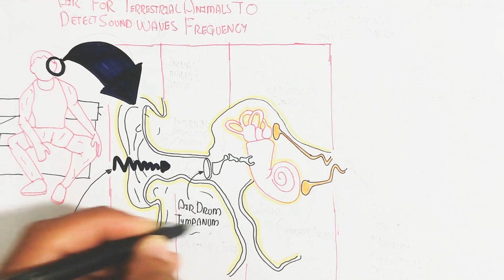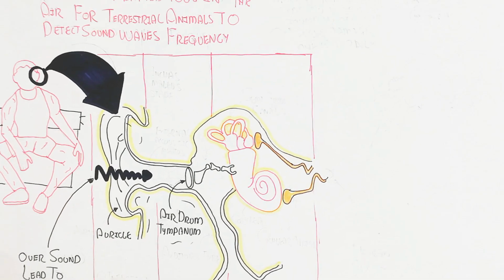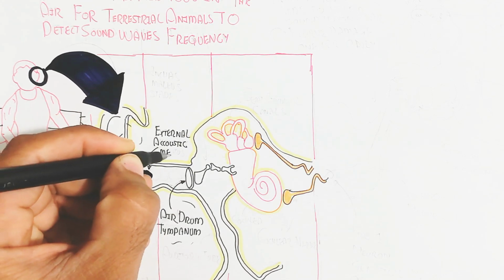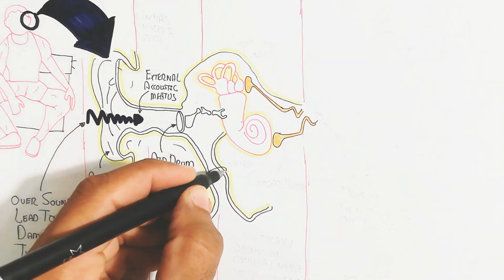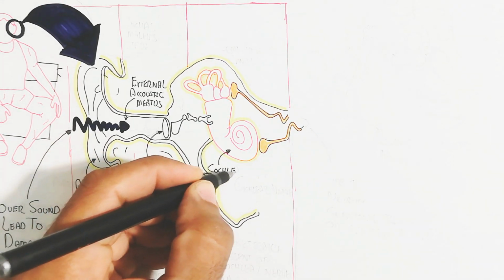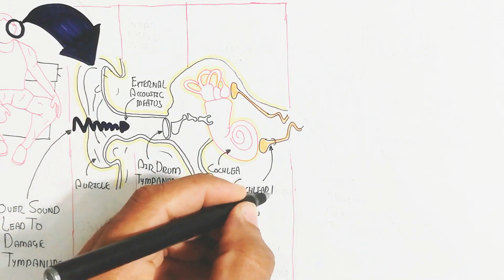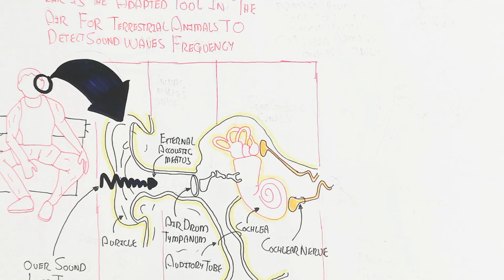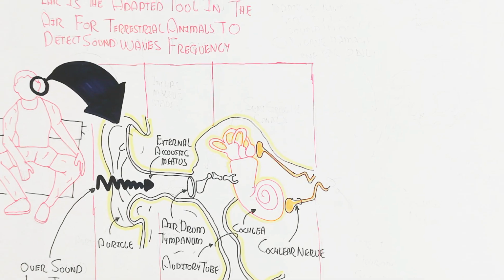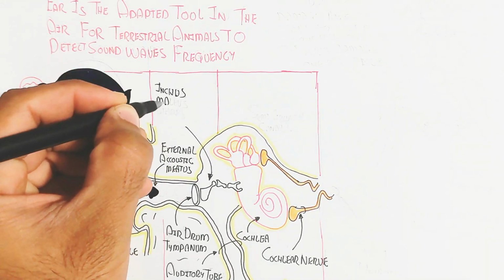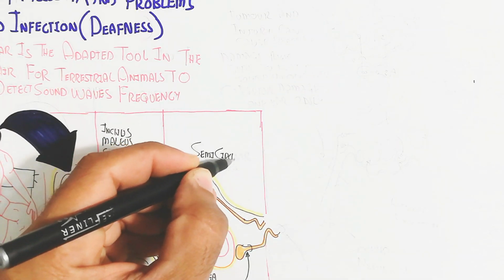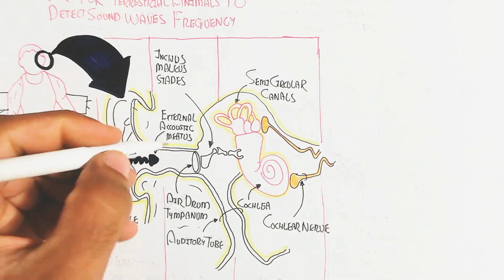The eardrum, or tympanic membrane, is known as the tympanum, which when it vibrates will move the incus, malleus, and stapes, the bones of the middle ear. When these bones vibrate, they vibrate the cilia present in the cochlea of the internal ear. When the cilia vibrate, they transmit the depolarization signal to the cochlear nerve, and this cochlear nerve transmits the signal to the brain's auditory cortex. So remember, the incus, malleus and stapes are the smallest bones in the human body, even in all mammals.